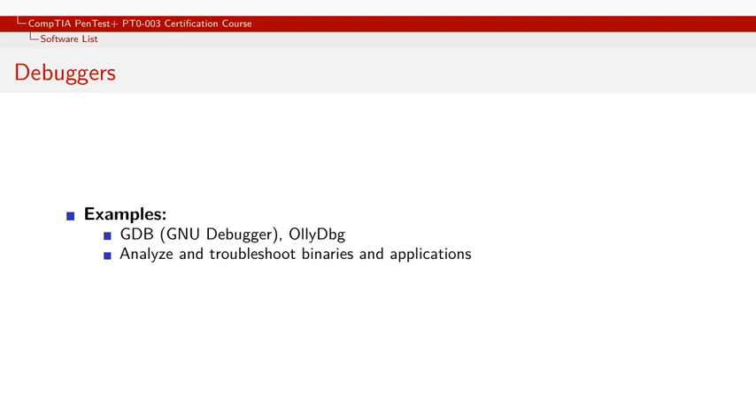In this section of our CompTIA PenTest+ PT0-003 certification course, we will focus on debuggers. Effective debugging is crucial for analyzing and troubleshooting binaries and applications. Examples of commonly used debuggers include GDB, the GNU debugger, which is widely utilized for debugging programs written in languages such as C and C++, and OllyDbg, a popular choice for analyzing and debugging Windows applications. These tools help identify and resolve issues at a binary level, allowing for a deeper understanding of vulnerabilities and the